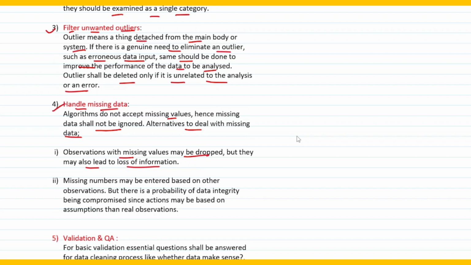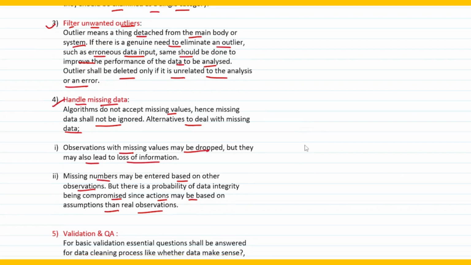How do you deal with it? First of all, if there are any missing values, they may be dropped, you can do that, but make sure that doesn't lead to any loss of information. The second one is missing numbers may be entered based on other observations, right? There's a probability of data integrity being compromised since actions may be based on assumptions rather than real observations, right? So data integrity, that means the genuineness of the data, can be compromised if it is based on assumptions and not on real observations. So these are the two tips which are the alternatives to deal with